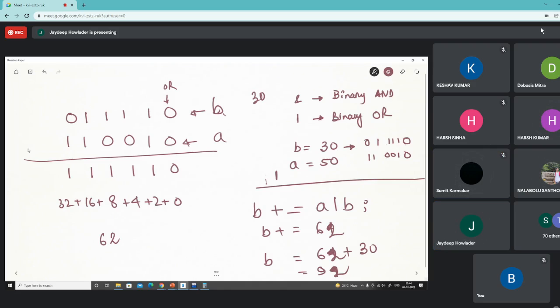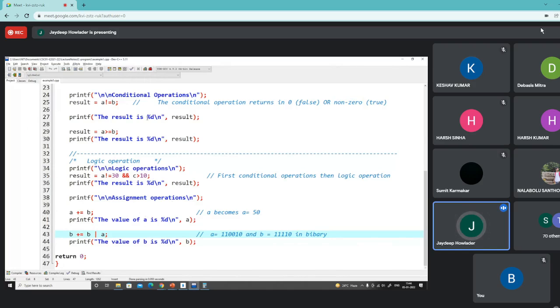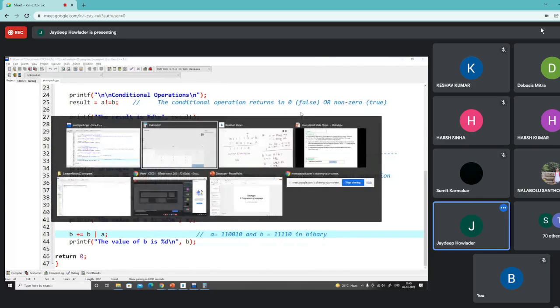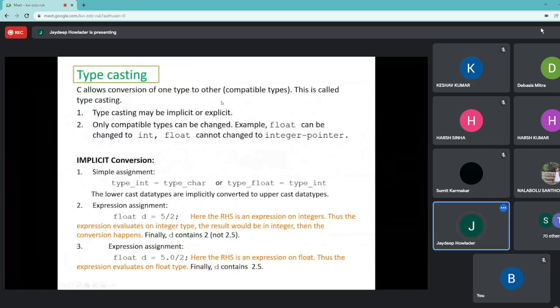So these are all about different types of operations, and if we run the program, it will show the result. I'll share this program so you can run it and check whether your interpretation and the compiler output are matching. And then we'll come to typecasting. So we can stop here and take some discussion. If we have some questions, let me answer them. We'll continue in the next class.